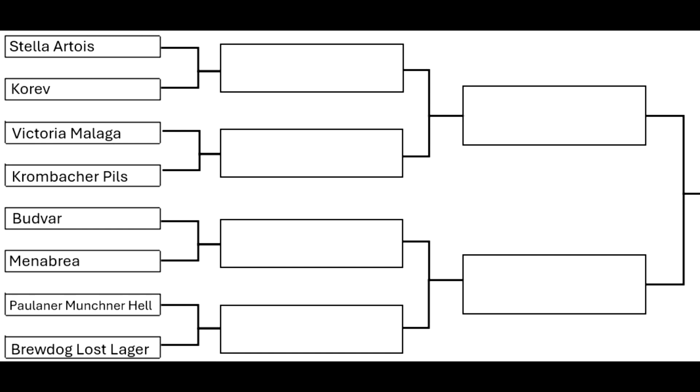Victoria Malaga, which is one that's in Morrison's, I've never had that one before. Krombacher Pils, Budvar, Menabrea, Paulana, and Brewdog Lost Lager. So that's basically the way it's going to pan out. They're the 16 that I chose. There were a few others that didn't make the grade, but as I say, that's basically how the table is panning out. And we're also going to do the first matchup here and now, which is Tyskie Grony